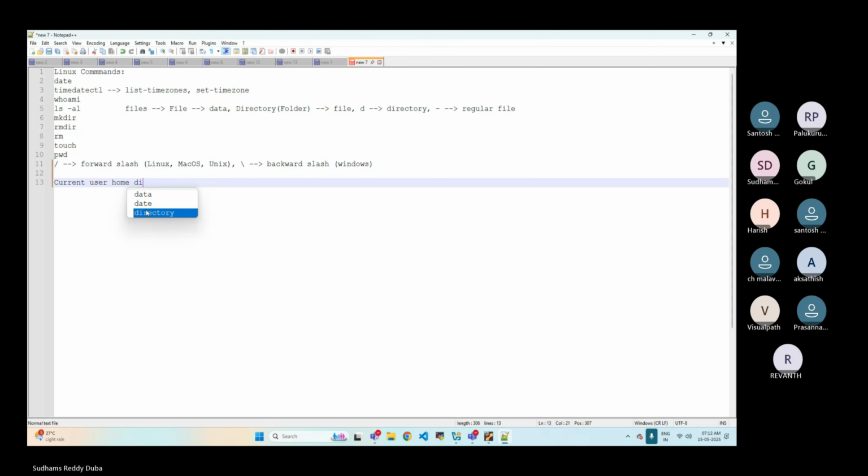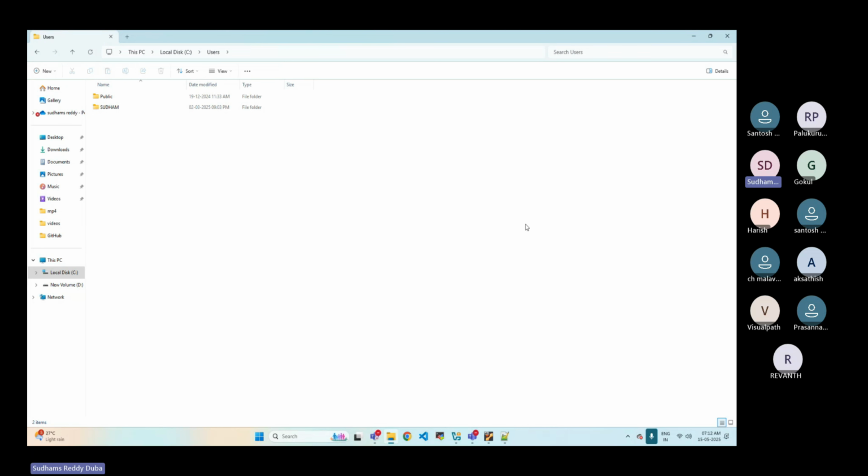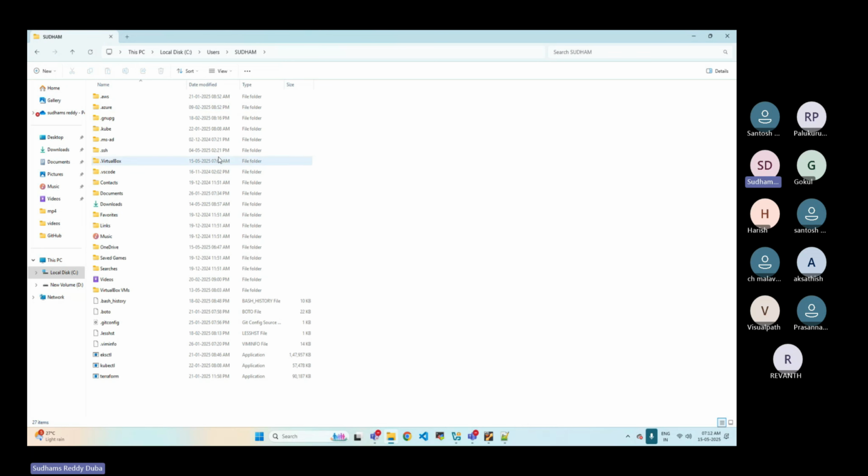In this particular scenario, it is /home and my username is testuser, so the test user has a directory. In Windows, we call it the home directory as well. For example, if you go to My PC, C drive, Users, you can see this is my home directory of this particular system. Okay, this is the path. What does it mean? If I open the command prompt